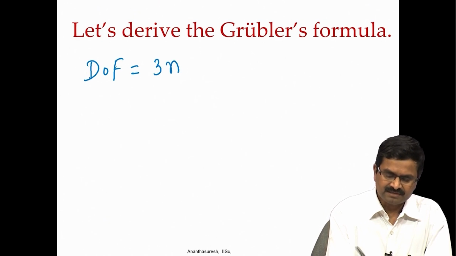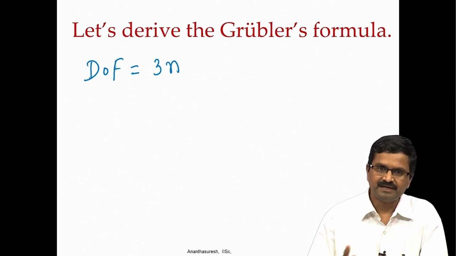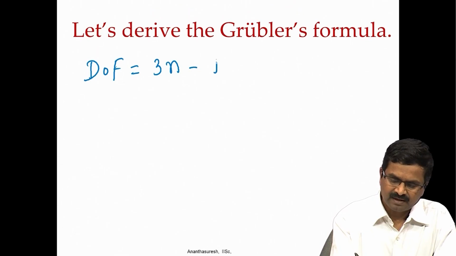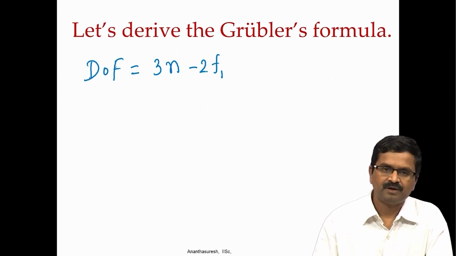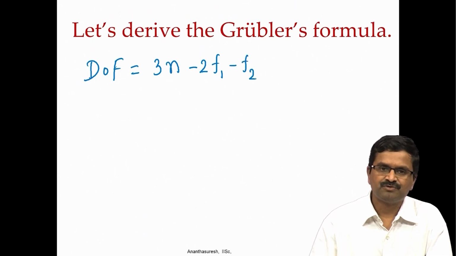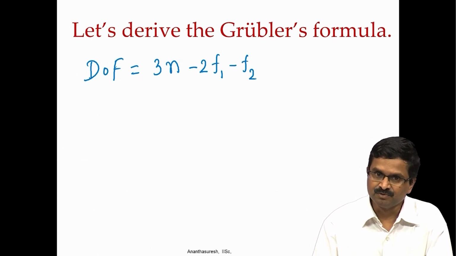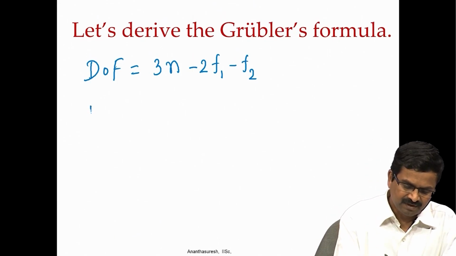If there are n bodies, I will have 3n degrees of freedom, because every body in a plane will have 3 degrees of freedom, 2 translations and 1 rotation. Now, if there are F1 joints, that is joints that allow only one relative motion, that means that they are removing 2. So, I have to multiply by 2. 2 times F1 number of 1 degree of freedom joints, then it will be minus 2 F1. Similarly, minus F2, because an F2 joint allows 2 degrees of freedom and hence it removes 1 degree of freedom. So, you have to subtract all of them, minus F2, that is how we get this. Similarly, if I go to